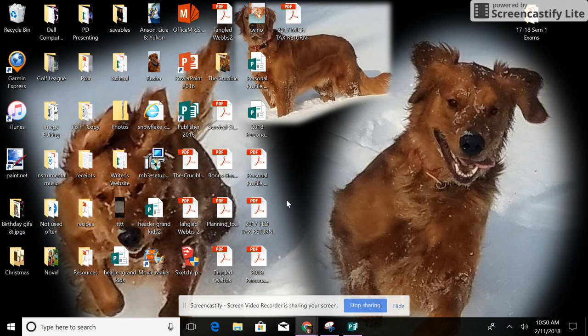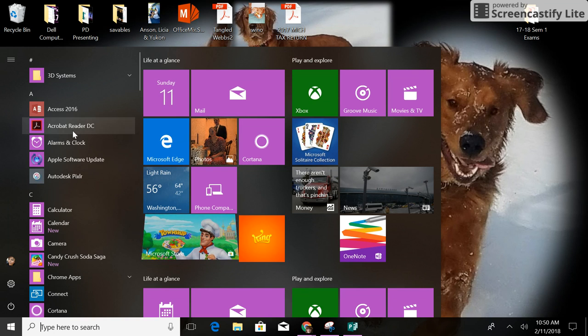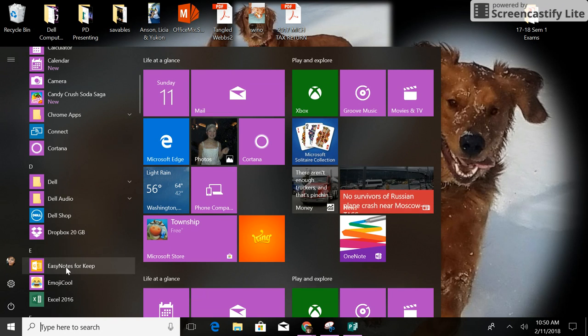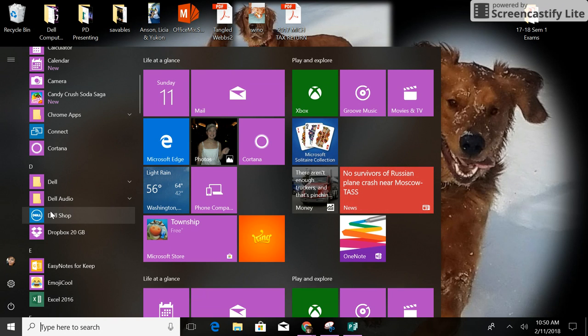For convenience sake, we're going to use Publisher 2016. So I'm at home. I have a shortcut on my desktop. You are going to have to click on the Windows, scroll down to, this doesn't even look like yours does there at school, but go through the list that opens, go to Microsoft Office,